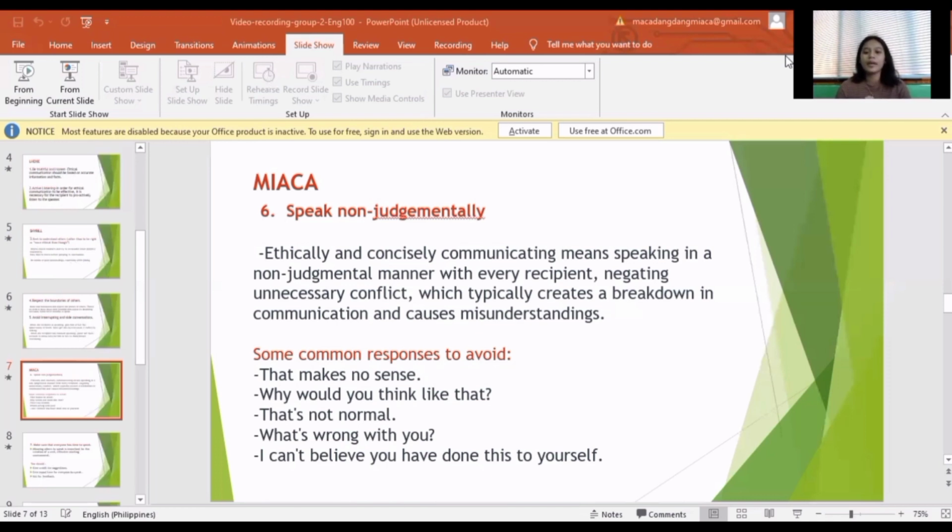By staying non-judgmental, they are more likely to feel comfortable about discussing their issues and to continue the conversation. They are more likely to come back to you again when they're struggling, which means you have more opportunities to help them. Always remember that there is always an alternative way to say exactly the same thing in a non-judgmental way.